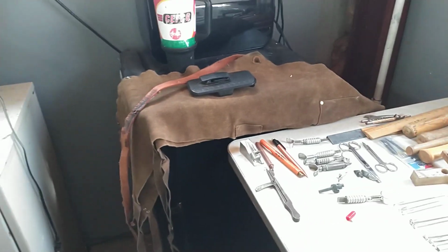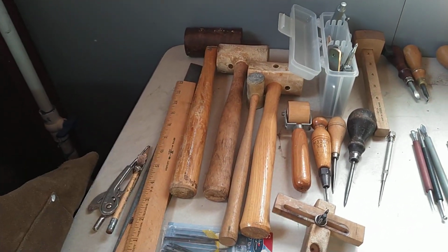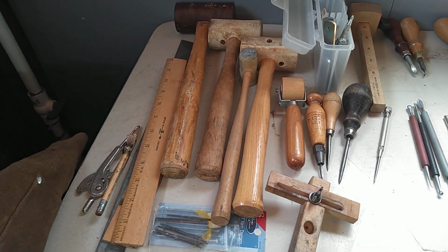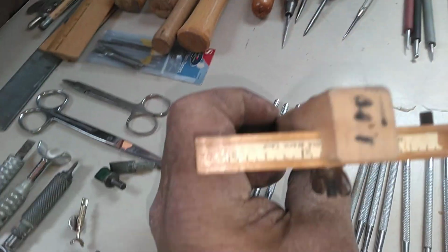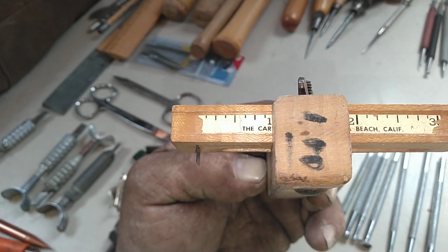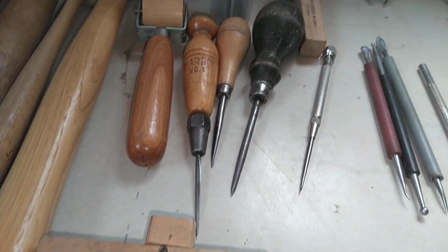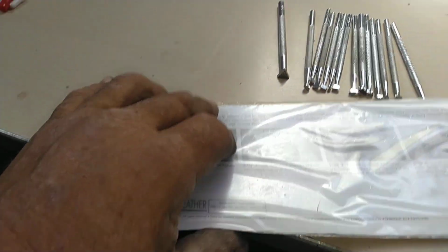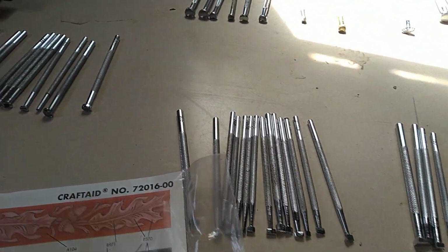Like I said, the cool leather chaps came with it. The big wood hammer, everything on the desk. I like the wood hammer. The old rawhides, not so much. We have a strap cutter here that somebody bought at probably a garage sale for $1. Kind of interesting though. We have some awls. Those are the awls. I'm not sure what the roller is for, unless it's for when you're using a craft aid, which we'll talk about later, that has a raised deal on it. I guess you could use the roller to help get you a good